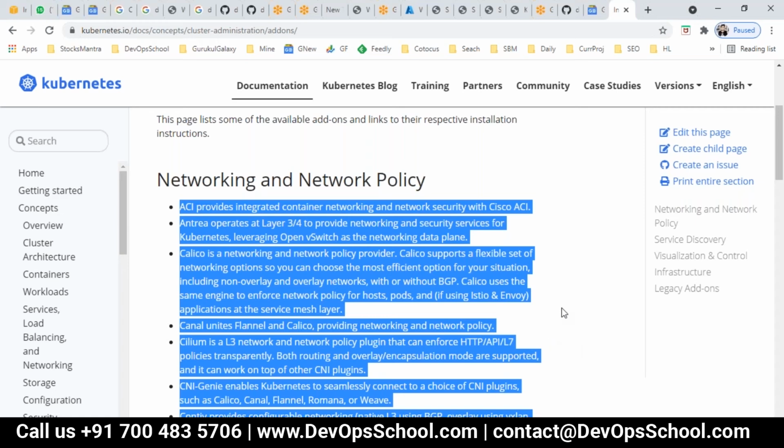Remember, the Kubernetes networking requirement is simple. Any pod can communicate with any pod across the nodes within a cluster. That's the first one. Second requirement: within a Kubernetes cluster, any node can reach any pod, and no NAT. Remember that now? No NAT.